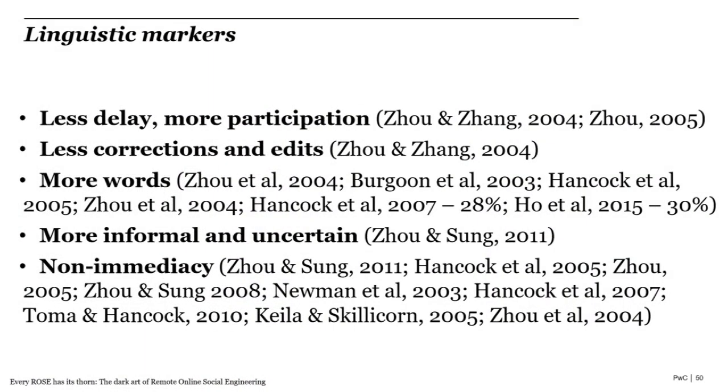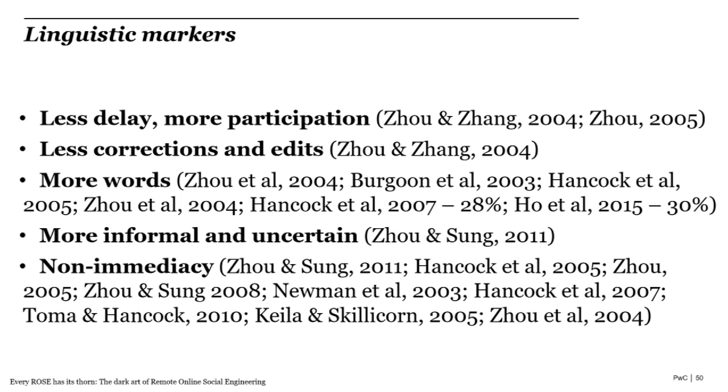That being said, there's been a whole load of research done on various linguistic markers of deception online. And all the references for these are going to be at the end of the slide deck if you want to read through yourself. But I've tried to summarize some of these. Now, these aren't 100% reliable, so there is a caveat there. But these can give some indication that someone may be lying.